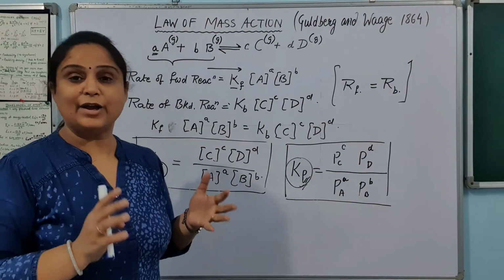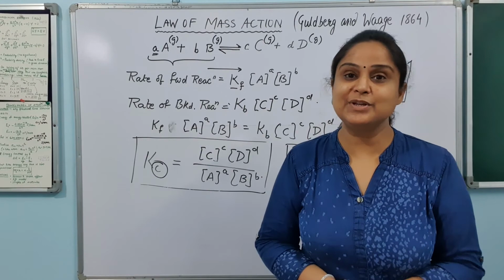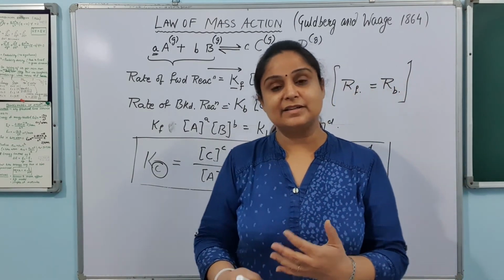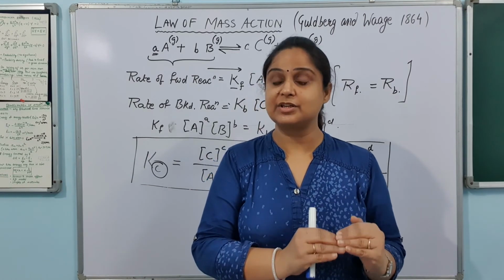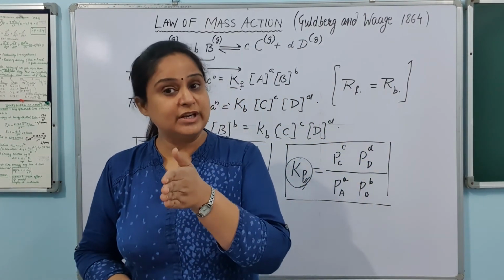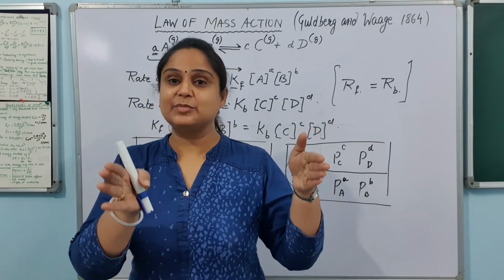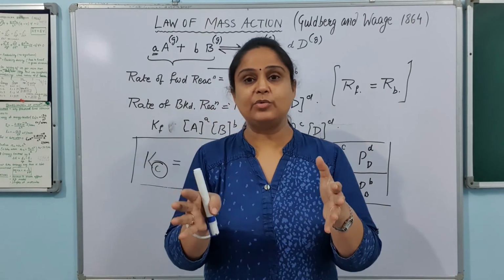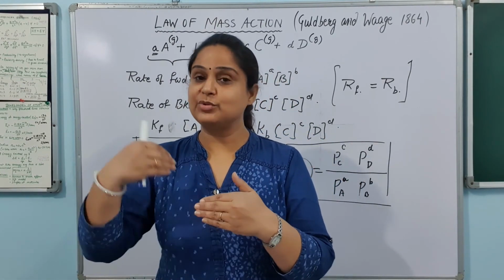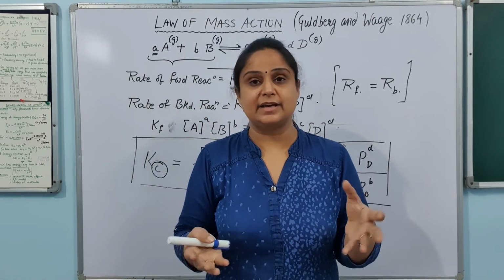Is it okay? I hope now you are very clear what is Kp and what is Kc, and why we are doing this. We are applying the law of mass action so that we can consider when the equilibrium is reached, because once equilibrium is reached, you cannot proceed the reaction to the forward direction, क्योंकि reactant and product amount will be constant at that time. तो अगर अमाउंट कांस्टेंट हो जाएगा तो you cannot proceed it to the right hand side, यानी to the forward side, और आपको क्या चाहिए, आपको प्रोडक्ट चाहिए.